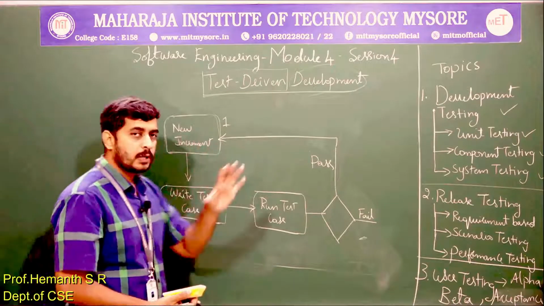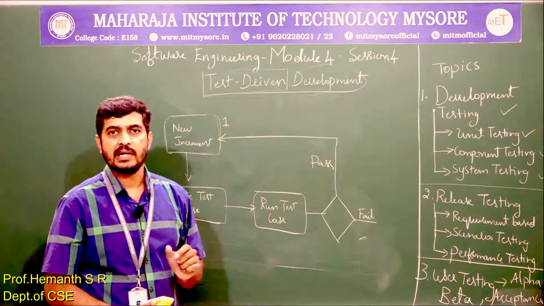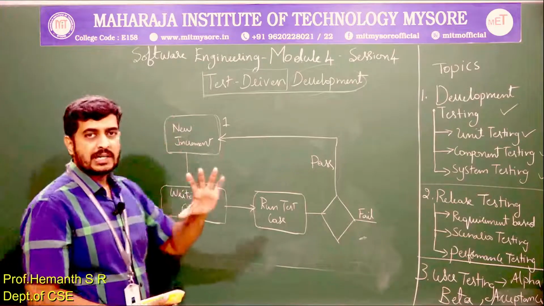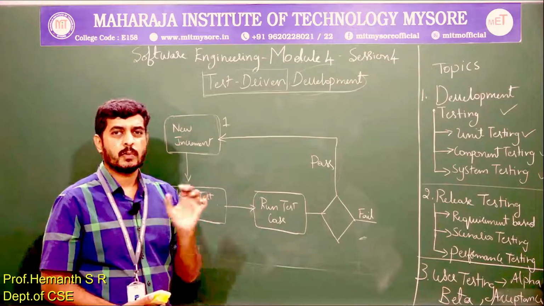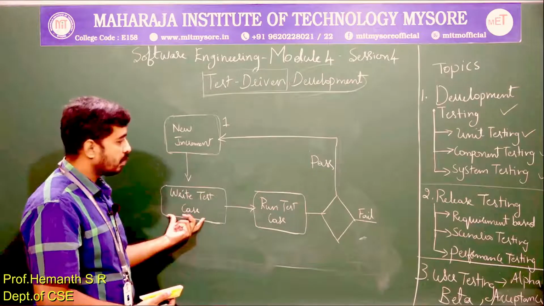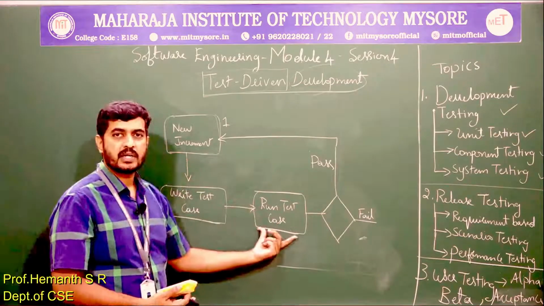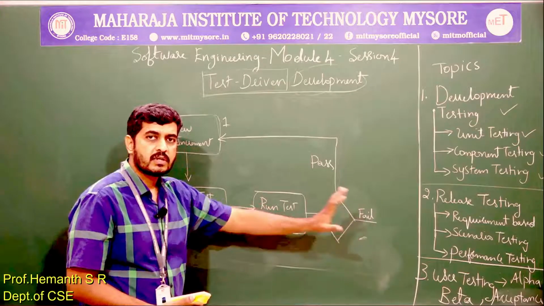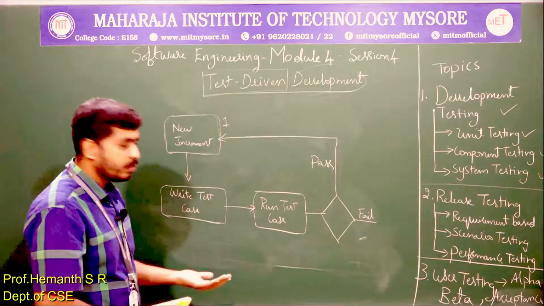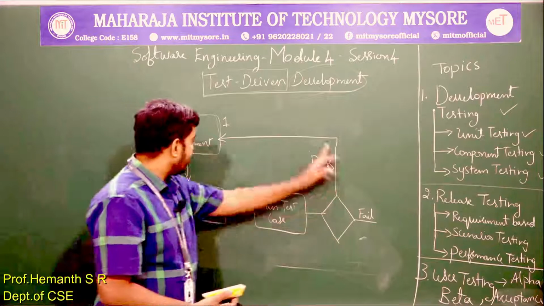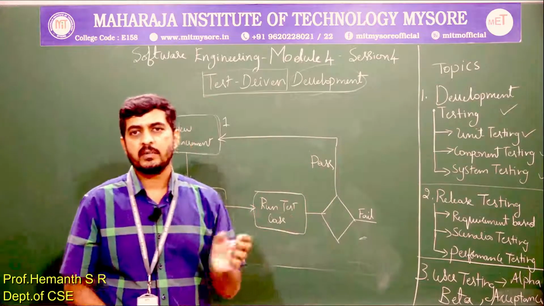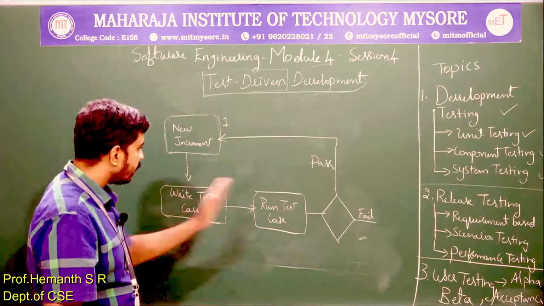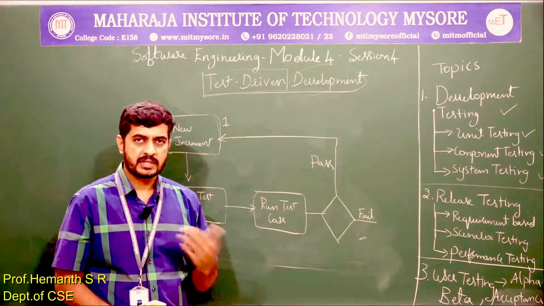This increment can be a small piece of code, a functionality, a routine, a program. So I tested a small functionality, a small routine, a small program with a test case, by writing and executing the test case, and I found out there is some issue because of which there was a failure. Now what needs to be done? I cannot go to the next increment because my previous function itself has some issue. So obviously I cannot take up the next function for writing the test case and testing.